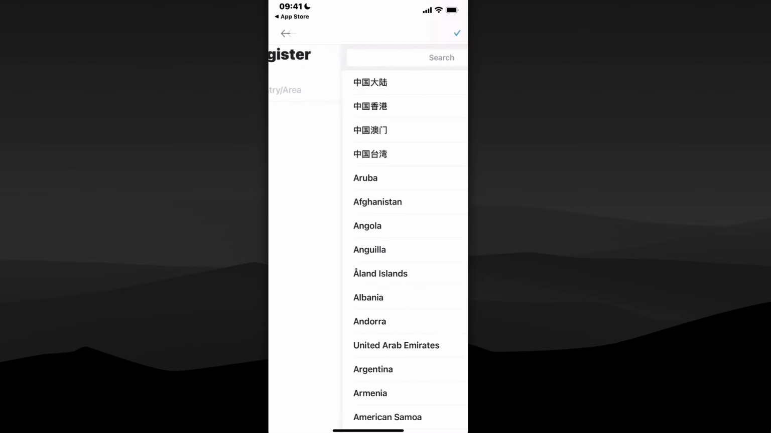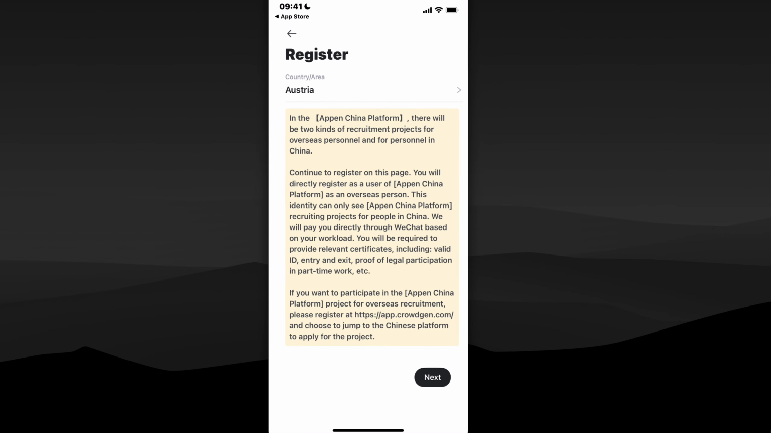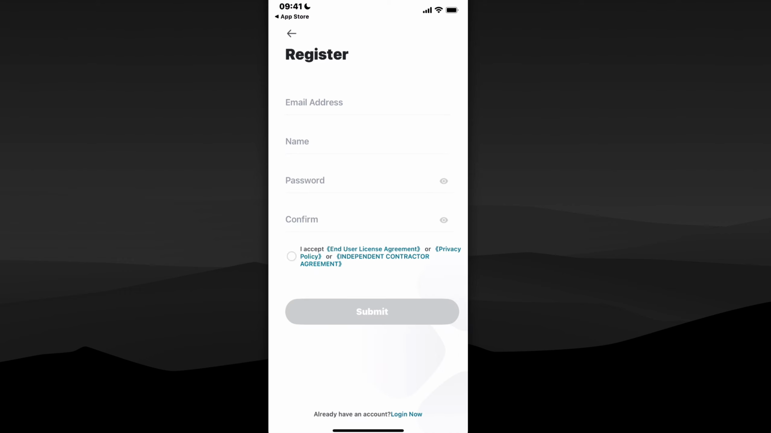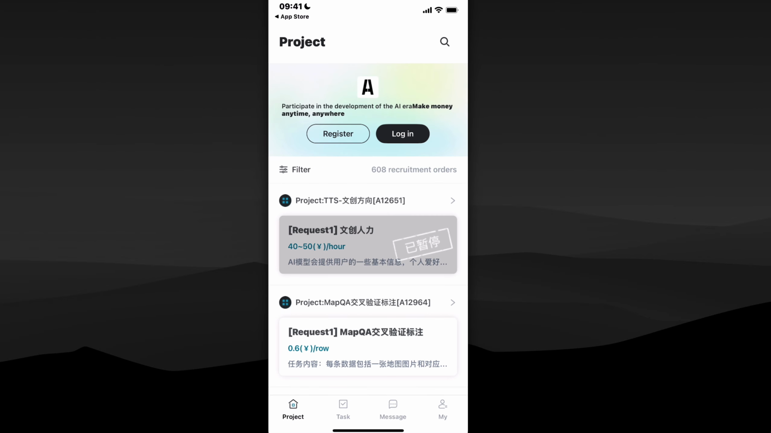Now it's very important to choose your country, so here you can simply choose whatever country you want and then simply complete the registration process. Now after you do that, we're gonna have to go to projects here, and you will see a list with